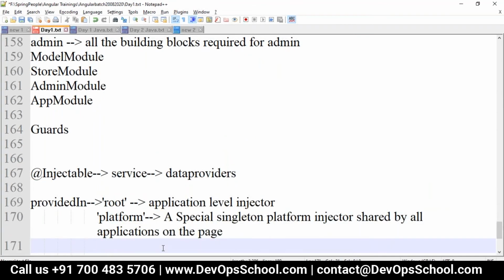On the page, or we can have a name called any. So you can go with any.